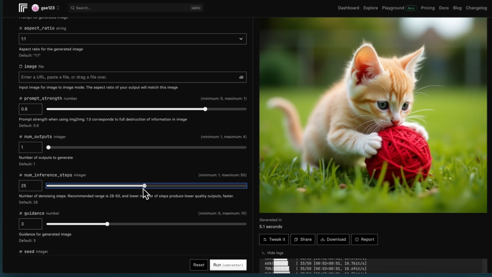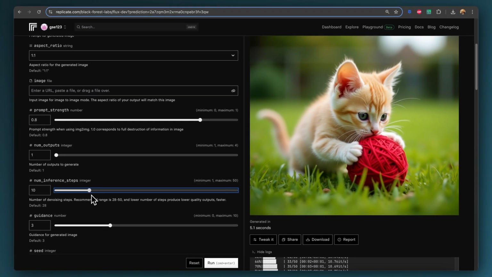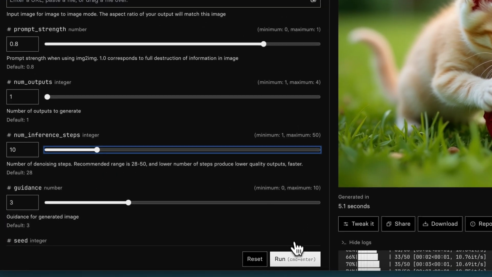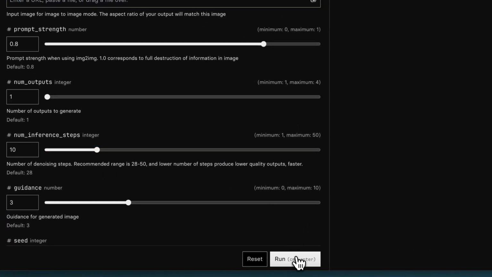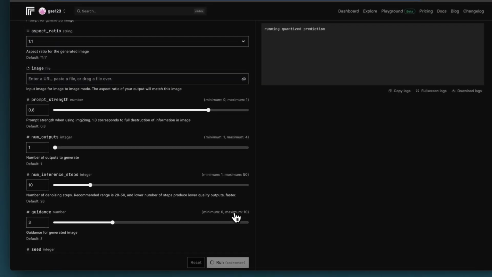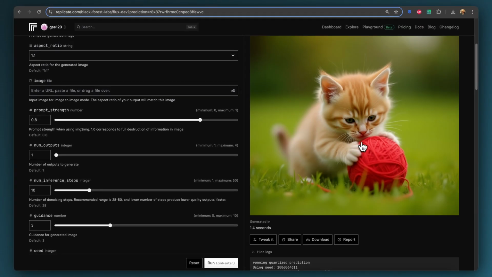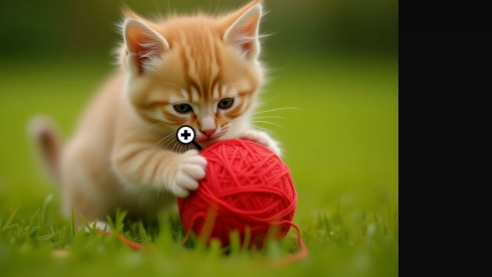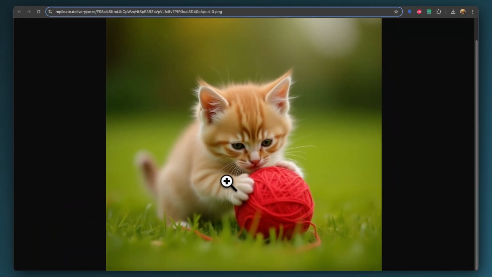But what's going to make the most difference visually is if we go a lot the other way. So let's go down to 10, which is very low. I would never normally go this low. And we'll click run. And hopefully you'll be able to see a difference between these two. So now we've got an image where the composition has changed slightly, but if you can see on the screen, if I just put this up onto the monitor, hopefully you can see there's this kind of repeated pattern all over the cat's fur, and the detail's really lacking, everything looks mushy,